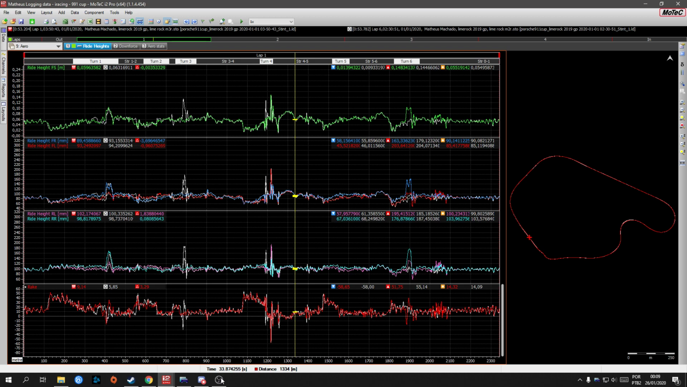So that's not always the case. Sometimes you don't have that, and you're just going to have to rely on your own feedback or the feedback of the driver you're working with. And sometimes they don't know how to tell the difference. And